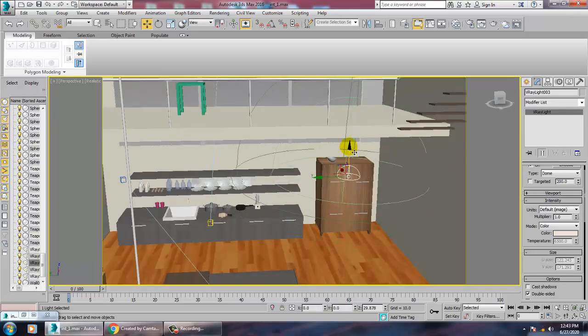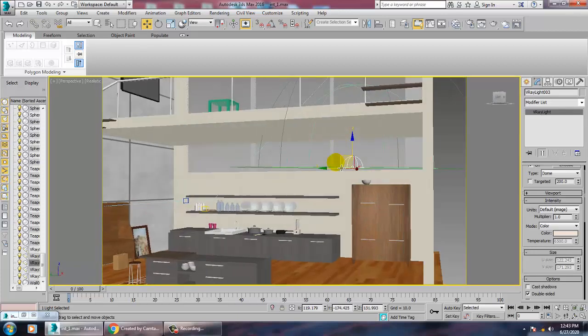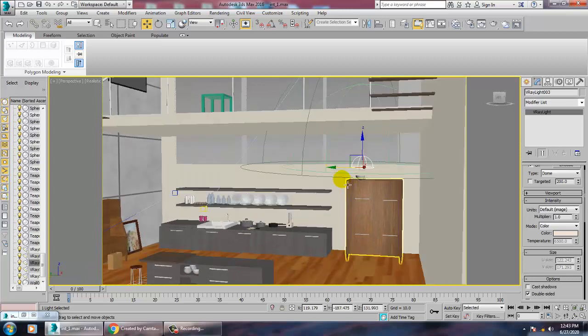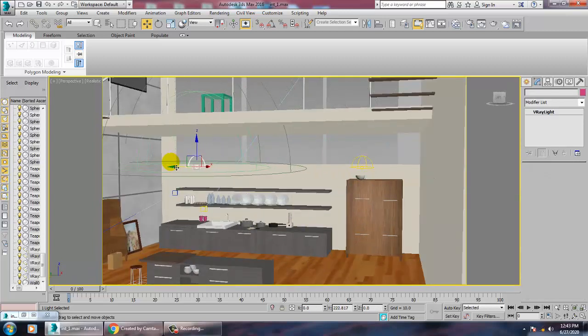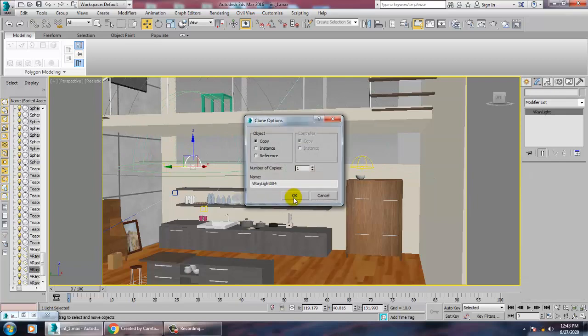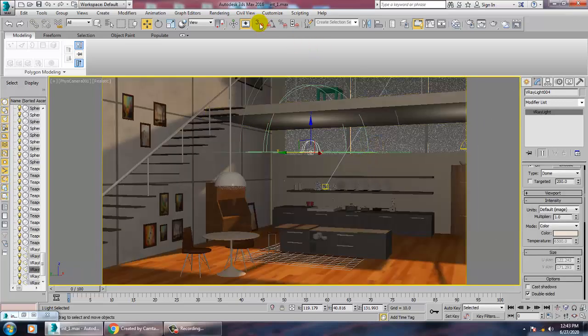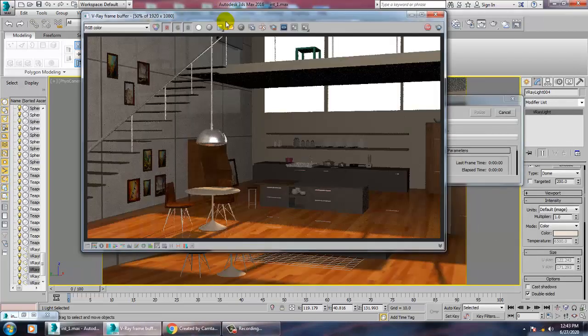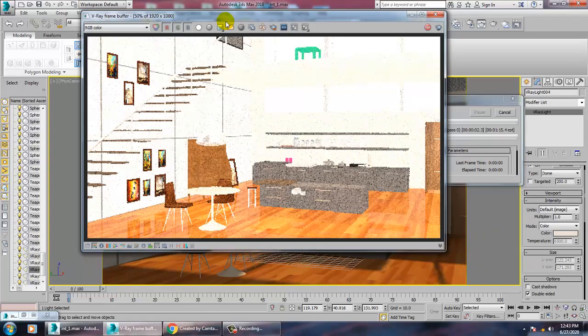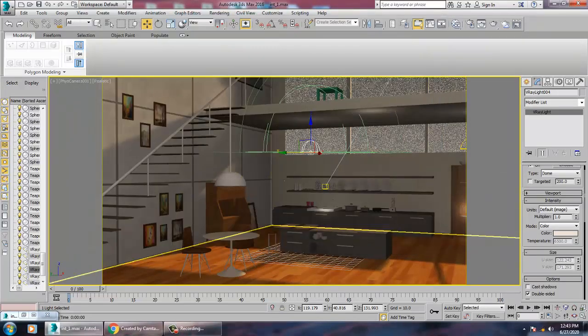We can push this up, and we still need one more light which has been kept over here. Now let's render and see how it looks. Oh, it's very high. So we need to reduce these lights.